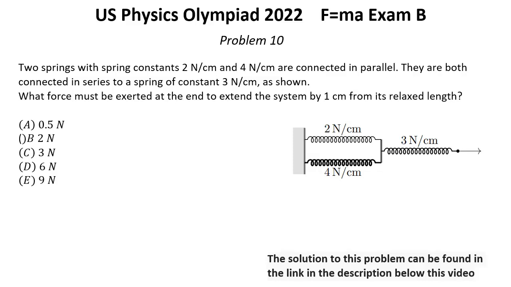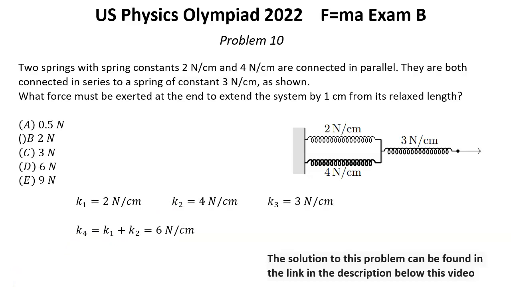Solution for problem number 10. Let's mark all spring constants by these meanings. Now we can use the regular formulas for calculations of parallel and series connection for springs. For spring 1 and spring 2 in parallel, we have the formula K4 equals K1 plus K2, which is 6 newtons